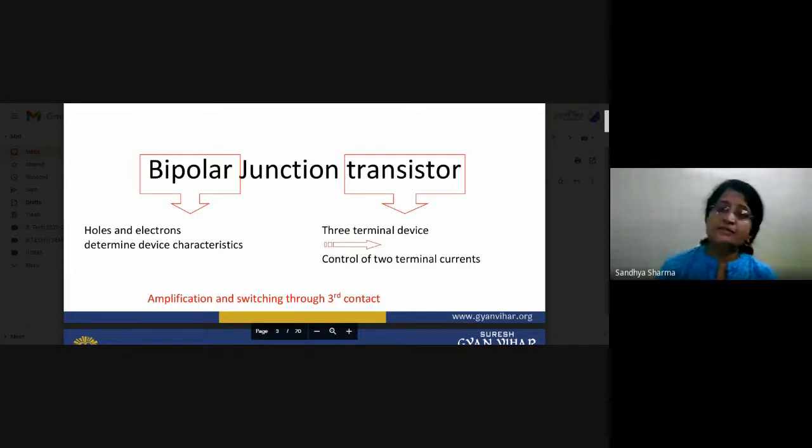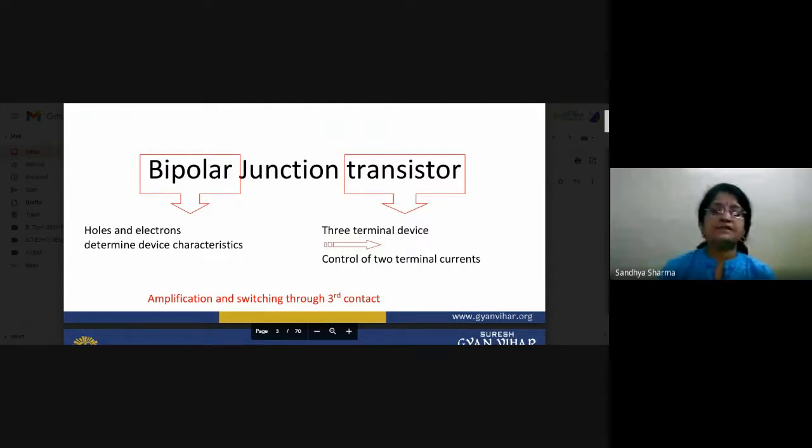So what is the property of a forward biased junction? If we forward bias any type of diode, the resistance offered by that junction will be very low, and if a junction is reverse biased, the resistance offered by that reverse biased junction is very high. So this is basically a transfer of resistance from low resistance to high resistance. Our holes or electrons start to move from the emitter to the collector junction. So this is the basic definition of our bipolar junction transistor.